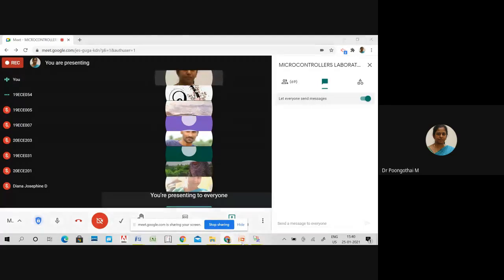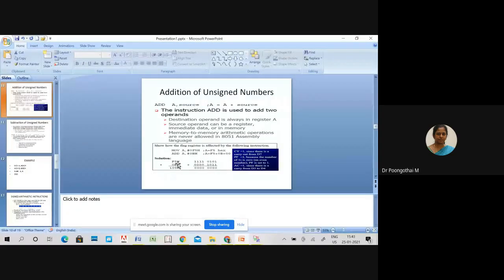What is the answer? Adding F5 and 0B, the answer is 00.